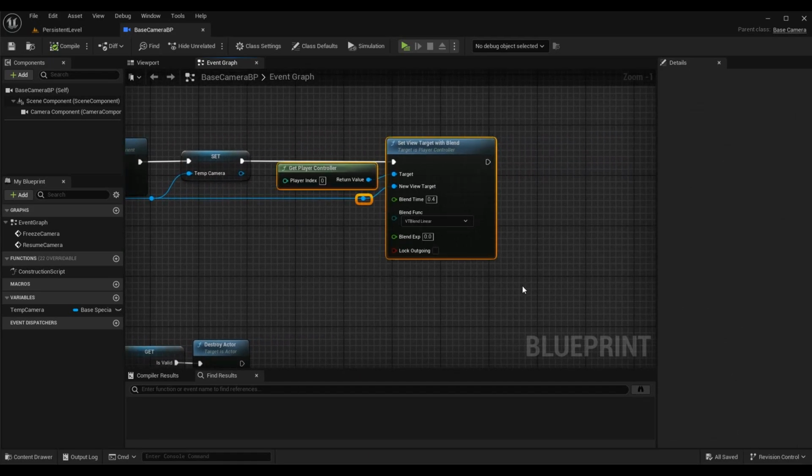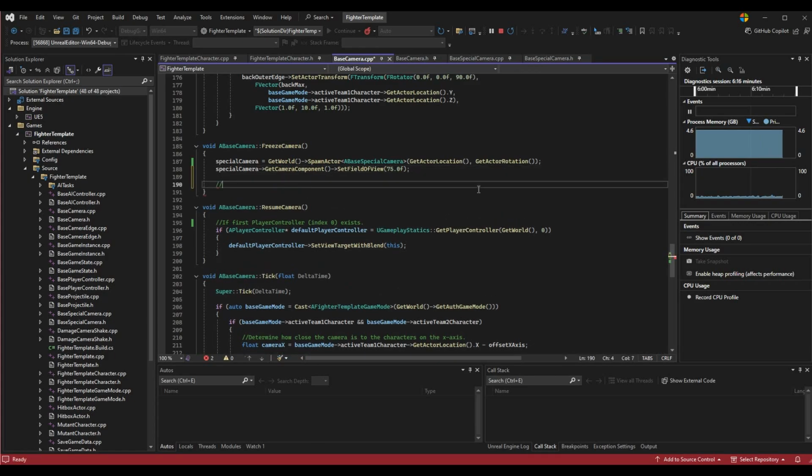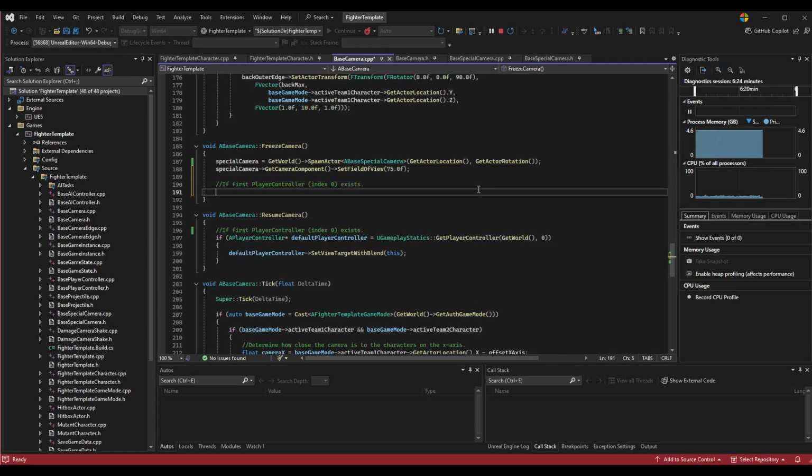And then we're calling set view target with blend on player controller index 0. So we were already doing this in resume camera. I copied that part over. And we're going to do it again. It's going to be a little bit different this time, but let's start setting it up. So if first player controller index 0 exists. So we're going to get the first player controller, or the main player controller. This is essentially player 1. If a player controller pointer